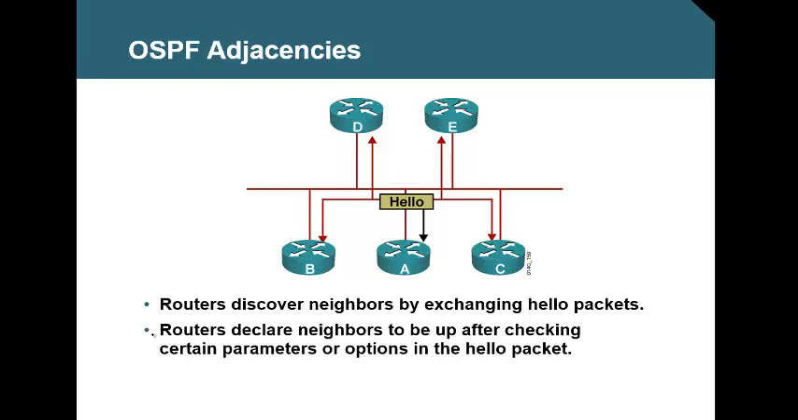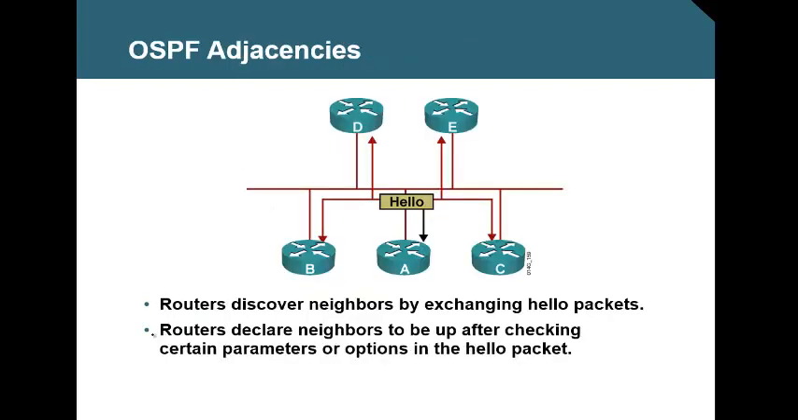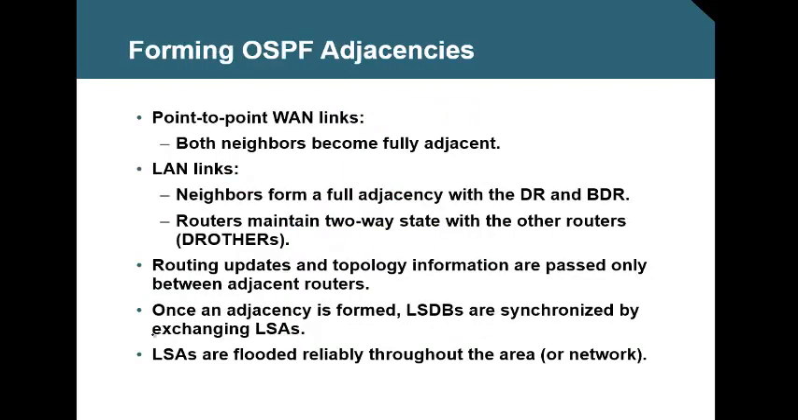Plus there are some more optional things, if enabled they need to match, like stub. Only after checking those parameters, the neighborship is going to happen between the routers. Now, this is where we need to actually focus more, because I remember up to this slide I explained in the previous class. Forming OSPF adjacency in a point-to-point